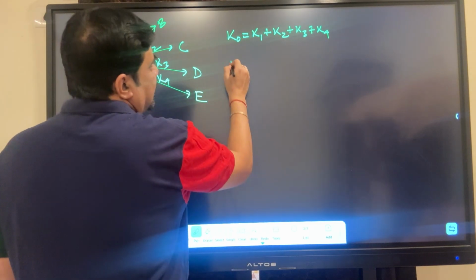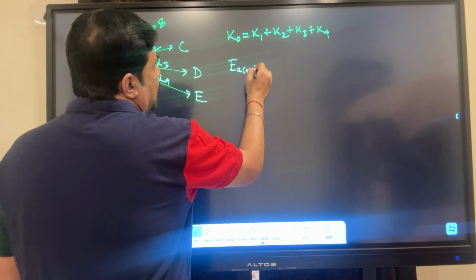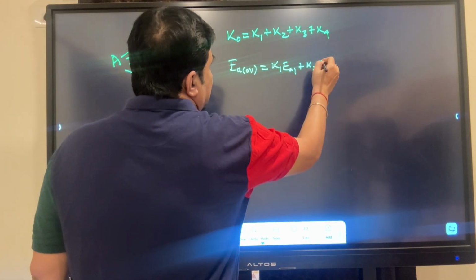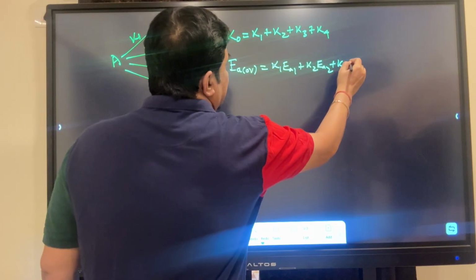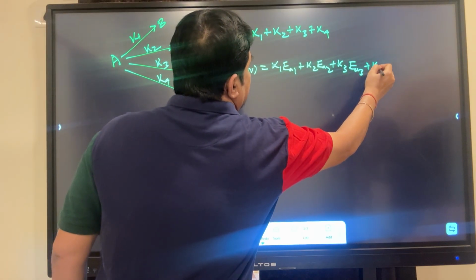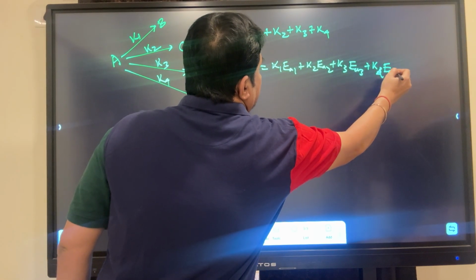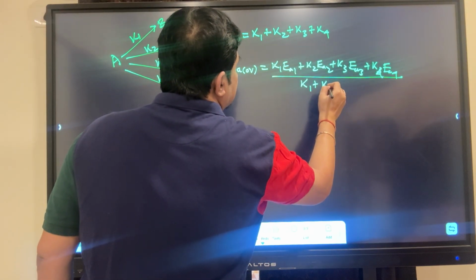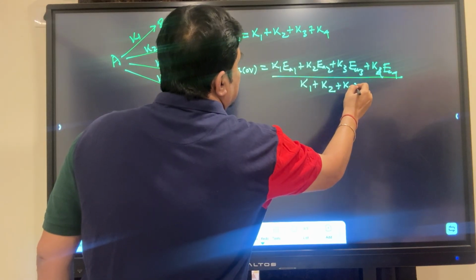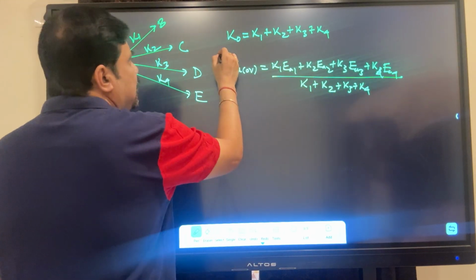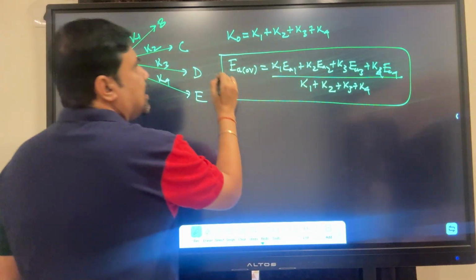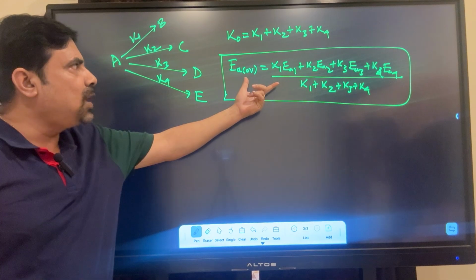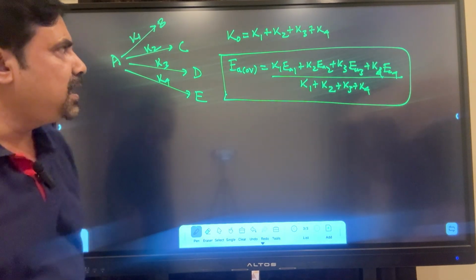Then immediately I can write activation energy overall will be equal to K1 Ea1 plus K2 Ea2 plus K3 Ea3 plus K4 Ea4 divided by the overall rate constant, which is K1 plus K2 plus K3 plus K4. The same methodology I used for two parallel reactions, I can do for n number of parallel reactions, same idea. Ultimately we will reach that activation energy overall will be equal to K1 E1 plus